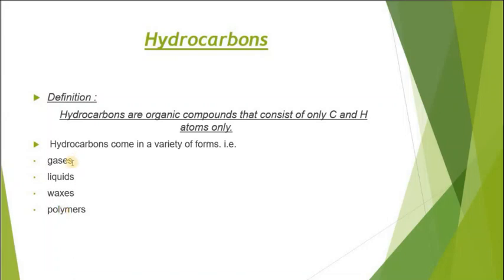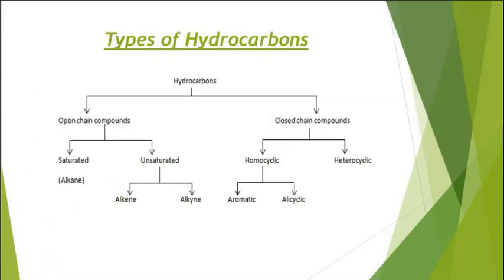Do remember, hydrocarbons show a very important property of catenation. And what is catenation? Catenation is self-linkage of carbon with each other. Carbon can link itself with more carbon atoms to form long chain kind of structures. This is a tree chart, or this is